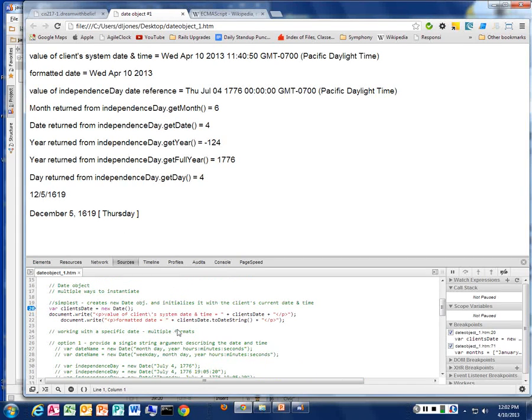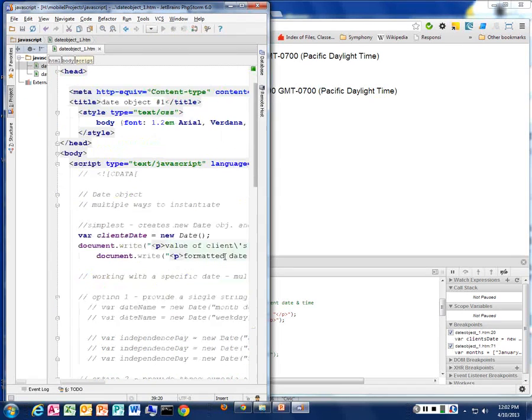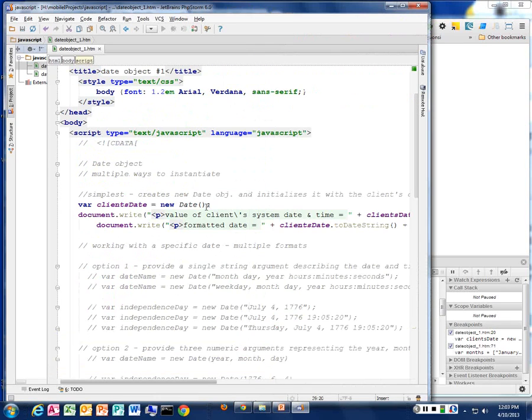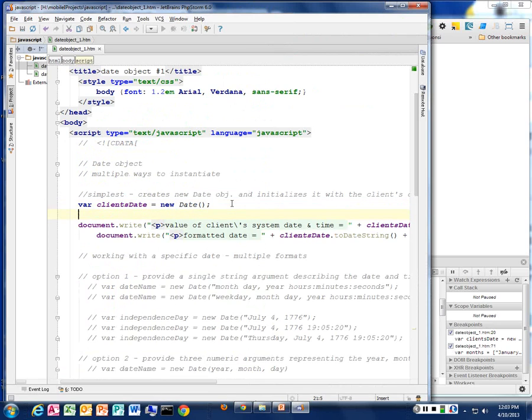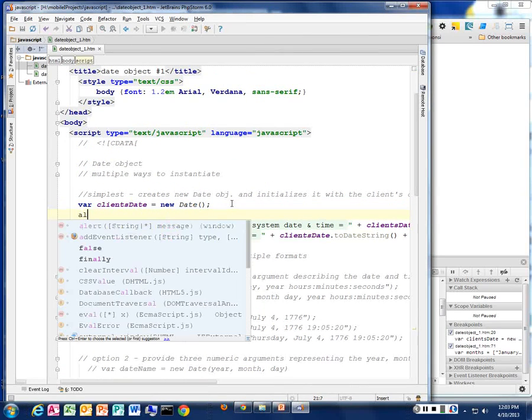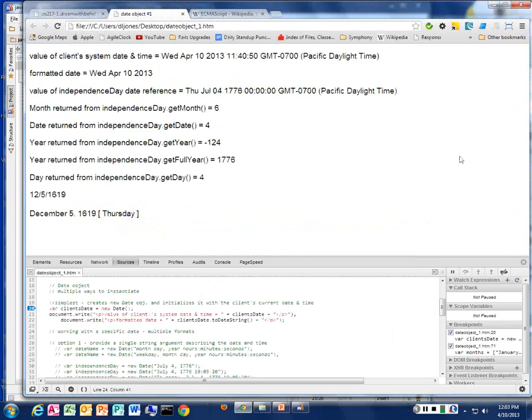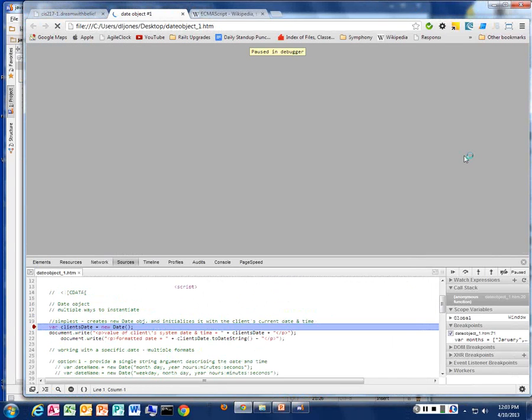So I wanted to get to the idea, let's edit this file and add an alert in here. Say you were debugging and you didn't know about this debugger. This is how we used to have to debug in the past. We would call an alert, and we might print out client's date. So when I reload this page, the first thing that pops up, if I don't have my breakpoint on,